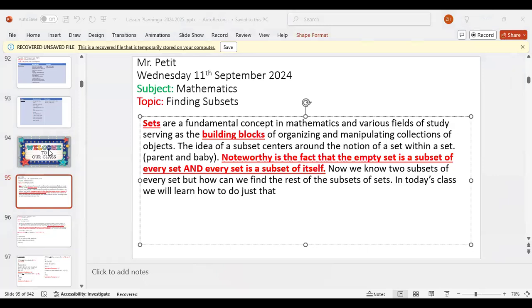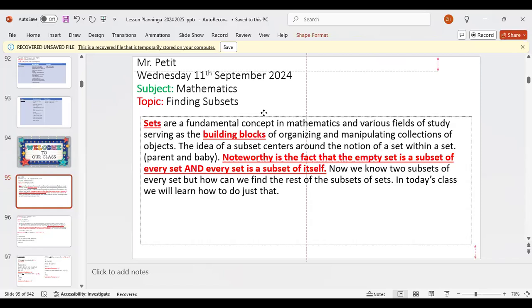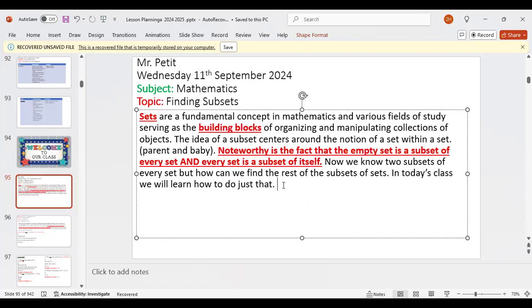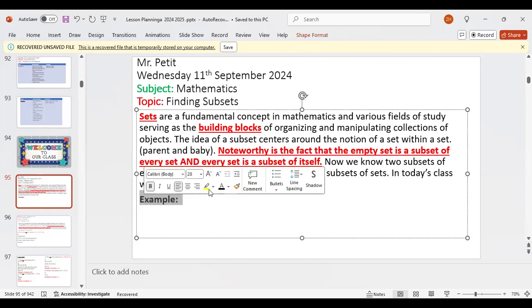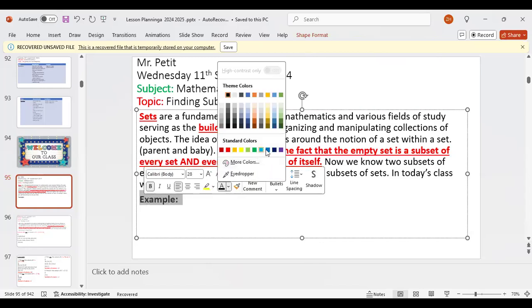Cleveland, are you writing this down? Yes, sir. Calvin, are you writing this down? I didn't see you in class yesterday. If you have an emergency, please just message me.